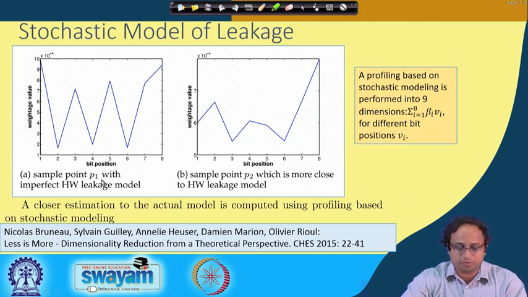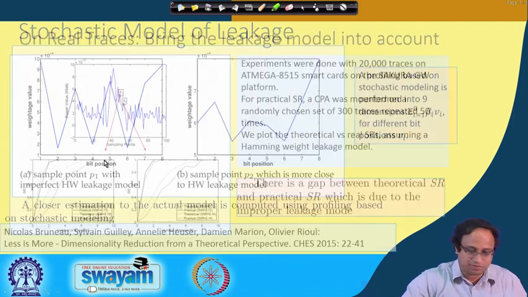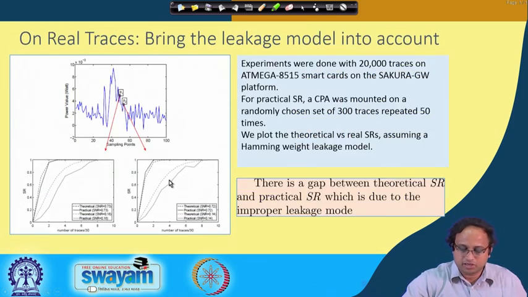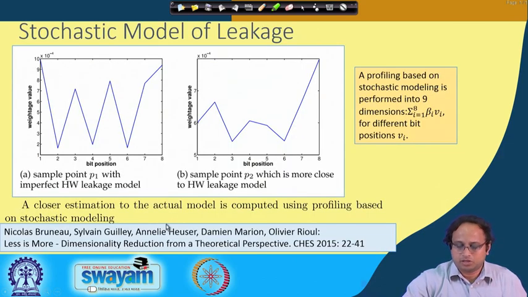So this is essentially the point P1 and point P2. You can see that the contribution in point P2 for all the points are roughly the same. There are of course some aberrations, but here the aberrations are even more. And therefore, the deviation also is more in case of point P1, and that is exactly what you see here, that the deviation is higher compared to this one when the SNR is essentially low.